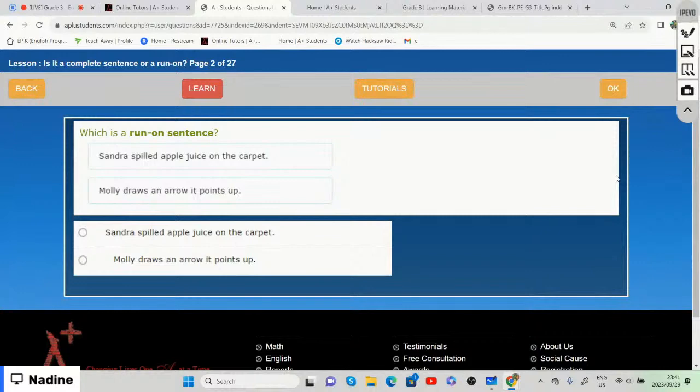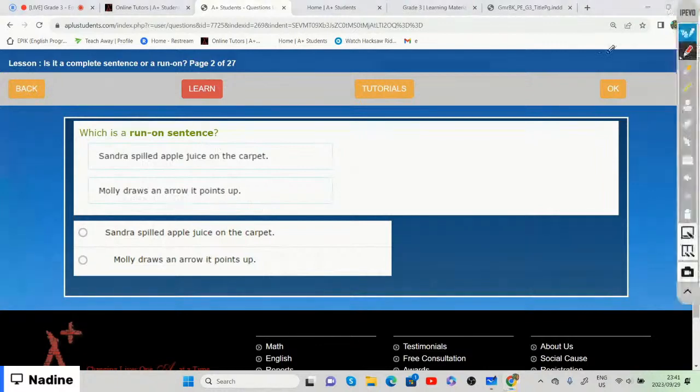A run-on sentence is where it's almost like there are two sentences in one sentence, and it should have been separated by adding a full stop. If we look at one of these sentences, Molly draws an arrow, it points up,